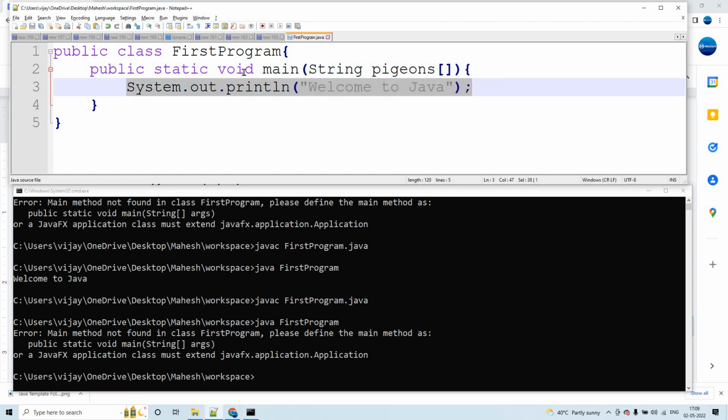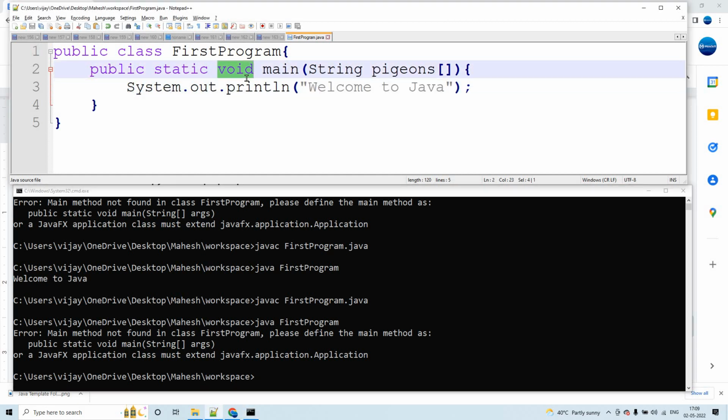When I'm saying here void is something that is saying that it is not returning anything, but on the console you are seeing welcome to Java. You may be having a doubt that it is returning something, right? But this is not a return type of this method. And you have to understand that this is not a return type. This is just something, a standard output which we are putting on the screen. This is just a standard output. And I'm saying standard output, you can come back to this statement